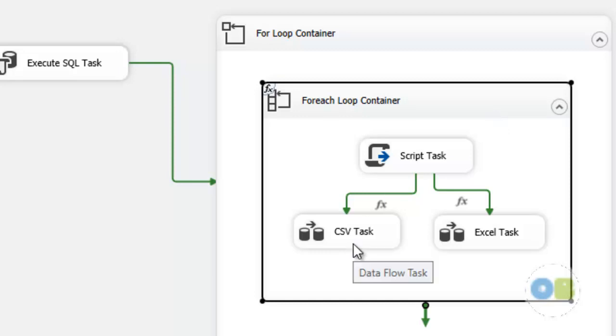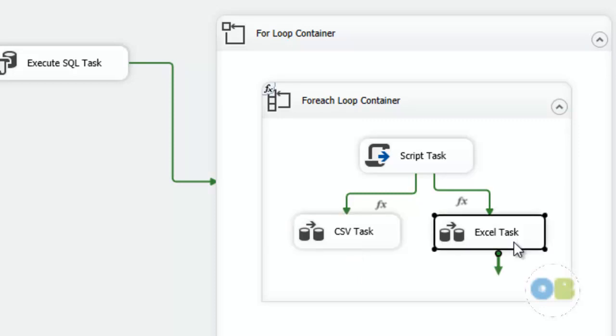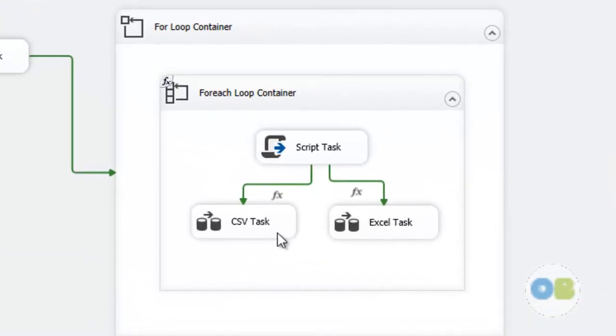As you can see, we have the CSV data flow task and the Excel data flow task here. Depending on the file extension, either the CSV data flow task or the Excel data flow task will execute. And that file extension readability we did by using the script task component.